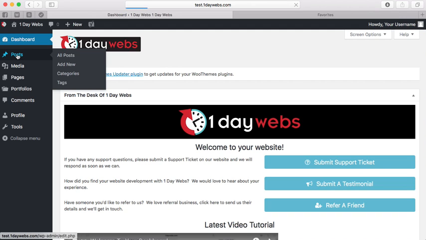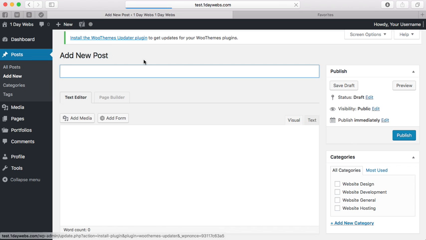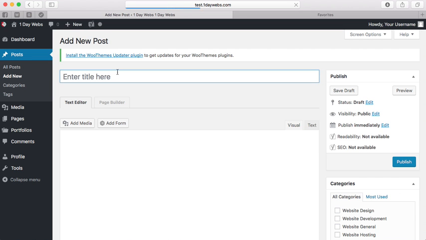If you have blogs on your website, this is where you will find them. So if you click on posts and you see your blog posts there, that's where you'll find your blog posts. To add a new blog post, you would simply click on Add New. Once you've clicked on Add New, you'll come through to your normal blog post screen that looks a little like